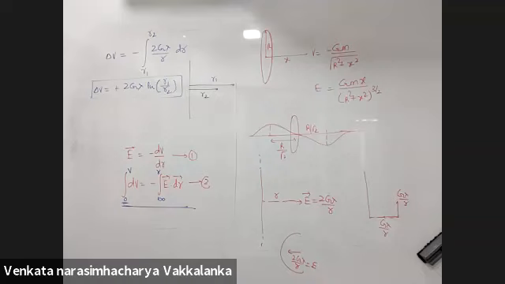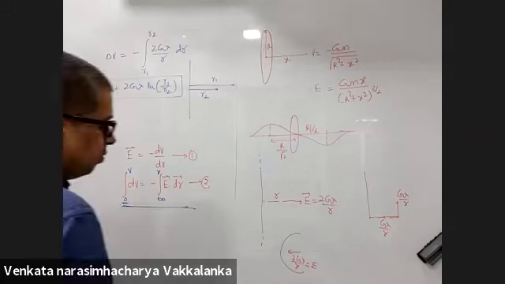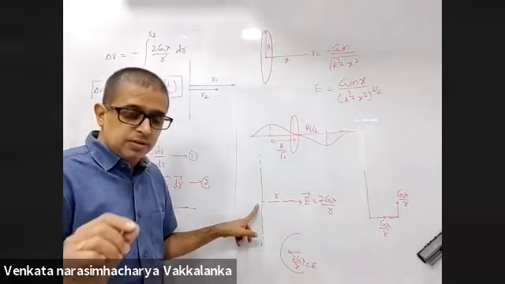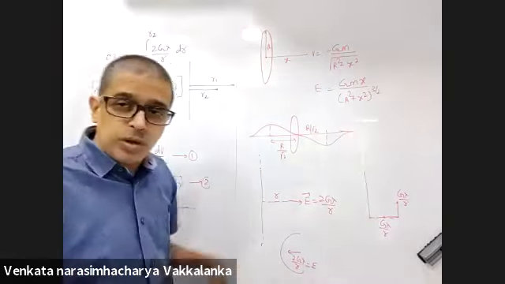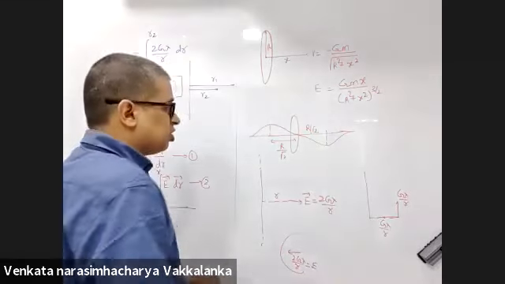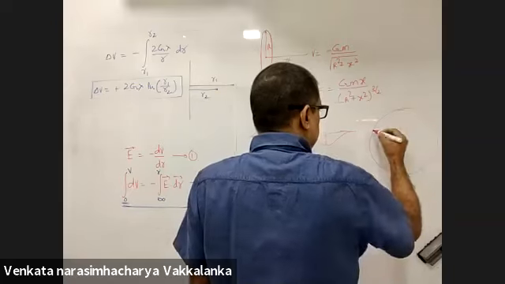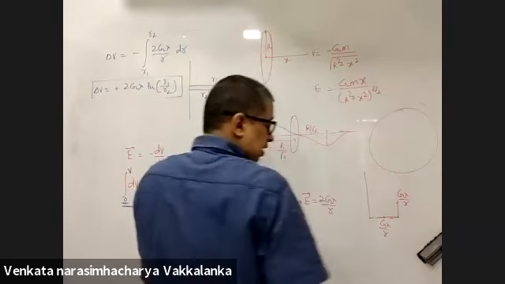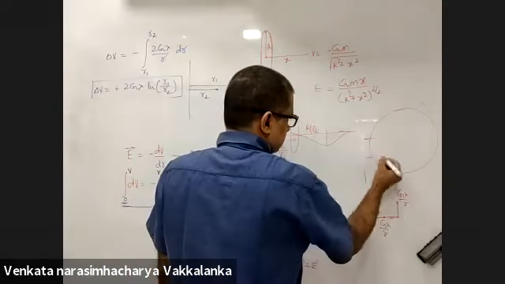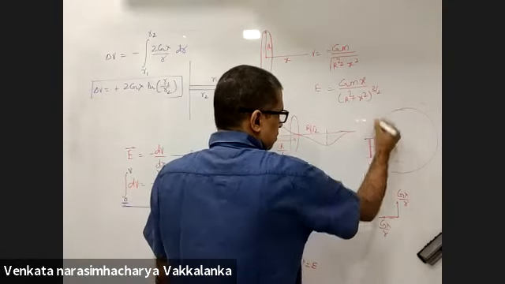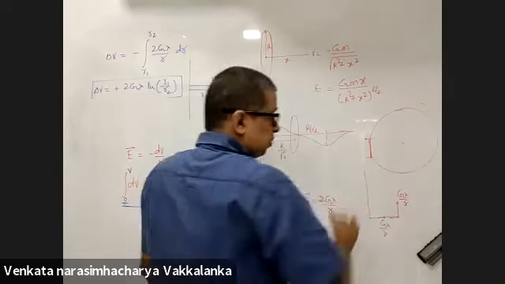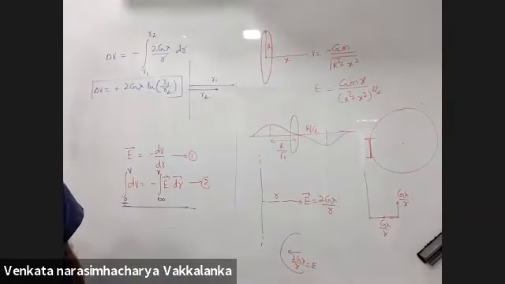Sir, but it will be 2Gλ by r, no? So for r tending to infinity, it will give me zero only, no? Listen, is this a point mass? No, sir. It is stretching up to infinity. Yes. When it is stretching up to infinity, I can consider that to be a circle, positive and negative infinity. This is the straight line, right? So wherever I go, I will experience force due to that. Got it, sir.